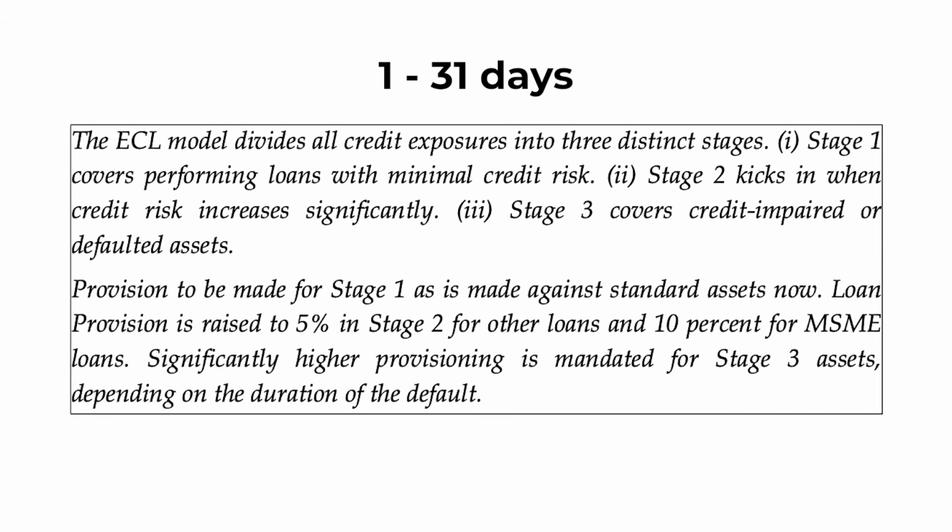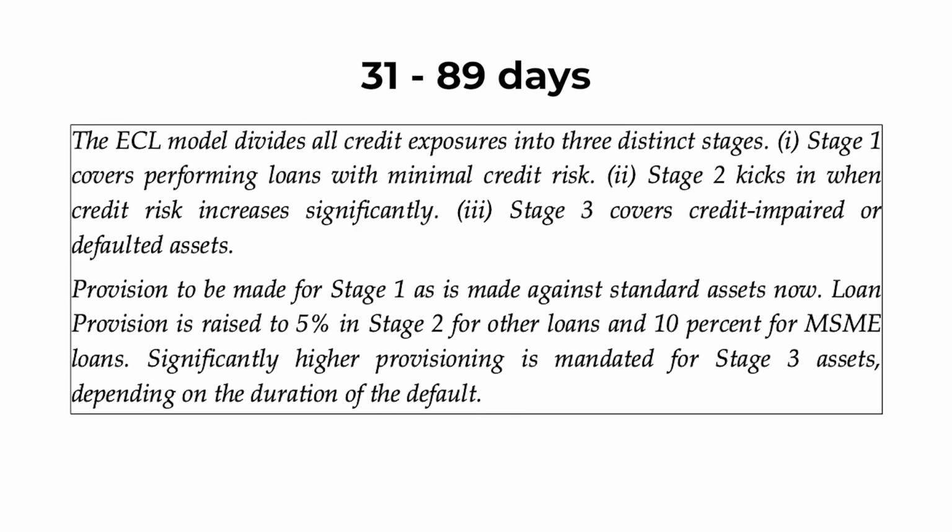This framework will bifurcate the loan portfolio into 3 stages. Stage 1, overdues between 1 day to 31 days. Between 1 day and 31 days of the life of a loan where there is an overdue, nothing is to be done, because we have standard provisions between 0.25% to 2%, which I have earlier discussed. There is nothing to be done, and the ECL framework defines it as stage 1. So in stage 1, the existing provision coverage will be able to manage the losses.